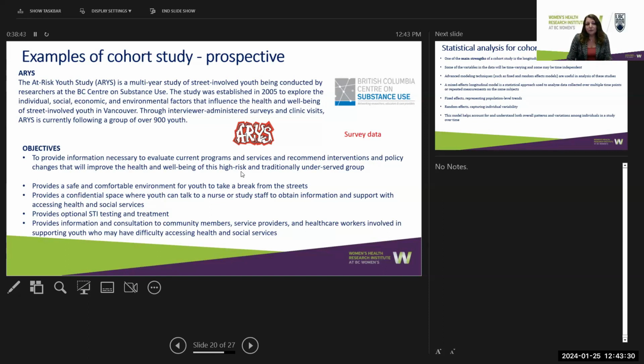And they provided optional STI testing if needed, and provide information and consultation to community members, service providers, and healthcare workers involved in supporting youth who may have difficulty accessing health services or social services. So you can see the cohort study in health study, we sometimes use